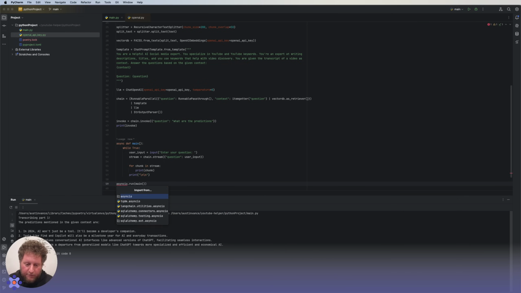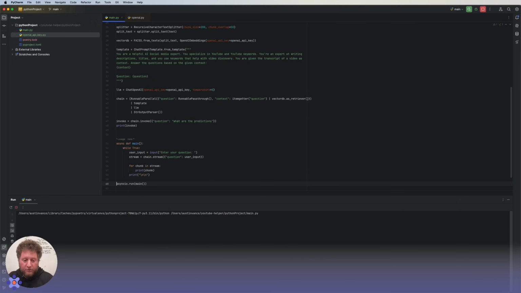And import that. And last try here, and we'll see how this does. Last transcription, hopefully. We're going to print out this invoke one more time.